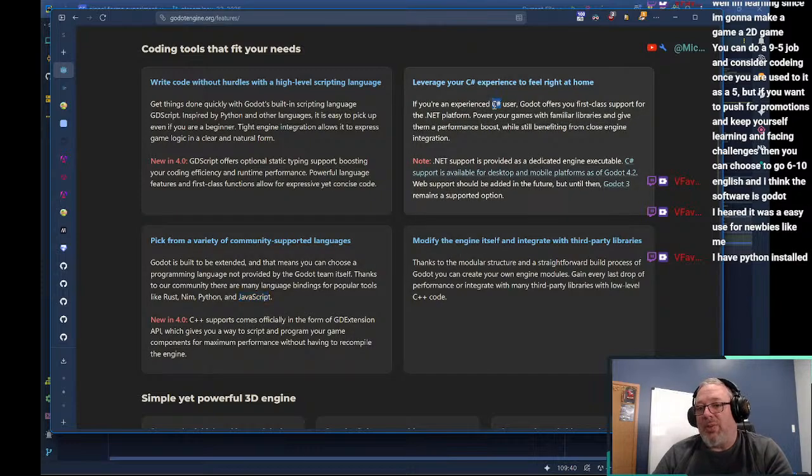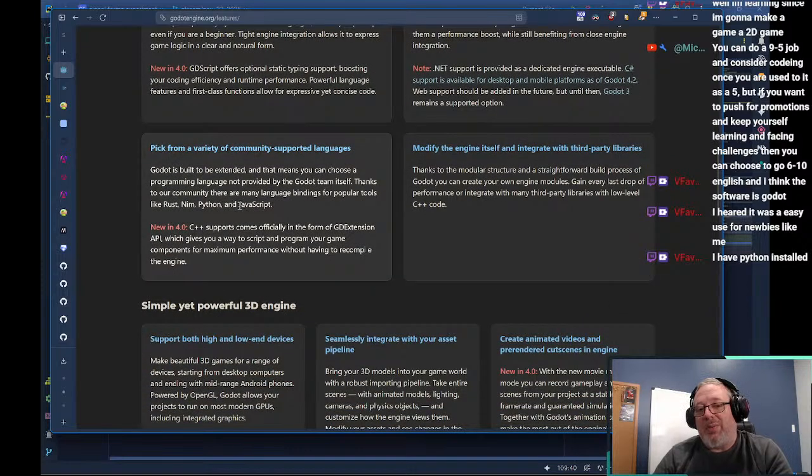C Sharp is going to be a more difficult language to learn, but because they're calling it out by itself, it's probably a native language for Godot. If you learn C Sharp, you'll be able to find a lot of tutorials, and you can write for desktop and mobile platforms. So it looks like C Sharp is probably your best choice.